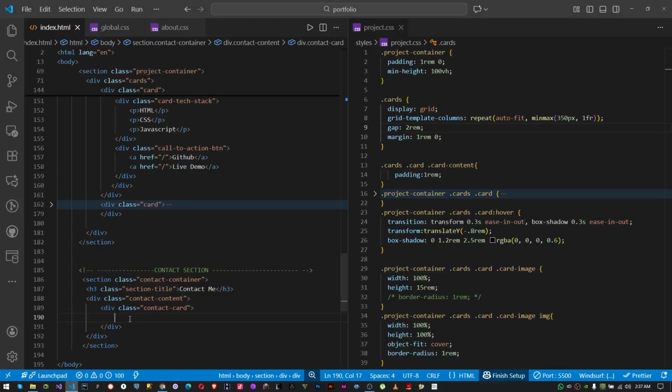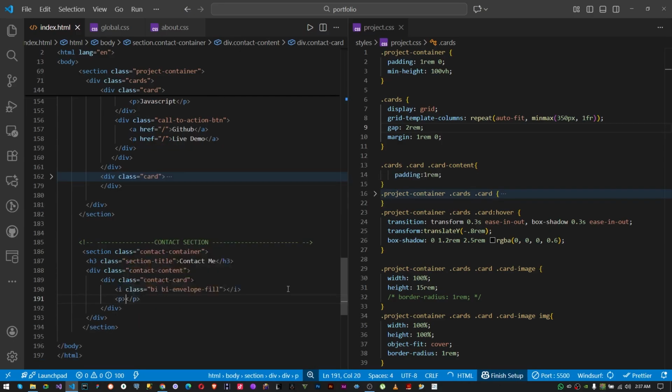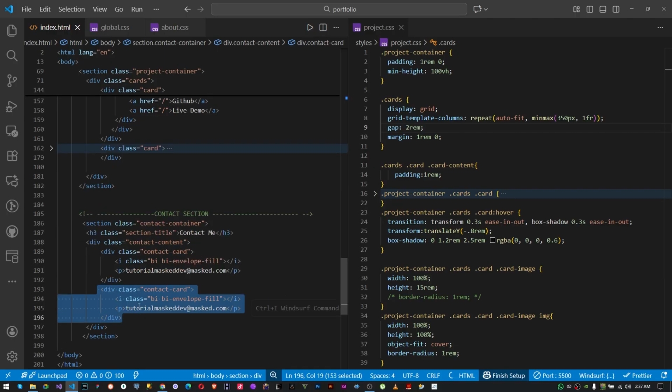Let's just paste it in there and we'll put a p tag and give it tutorial maxed dev at maxed.com. This is one card. We'll shift alt down to clone it. We know the next one we're going to be doing is